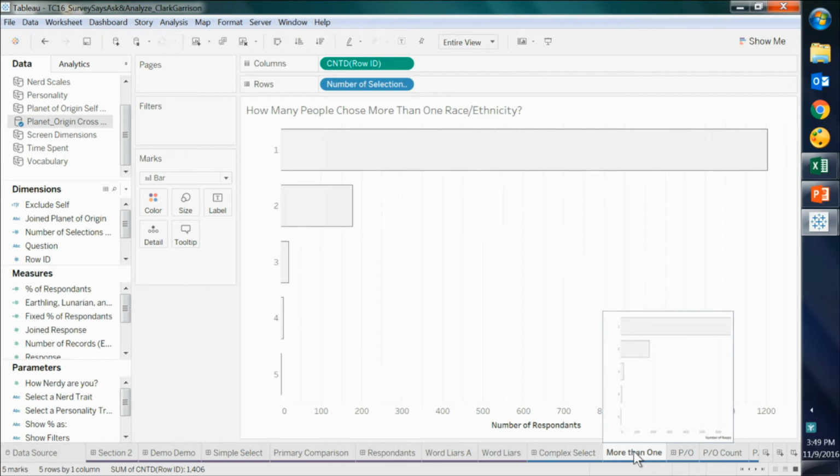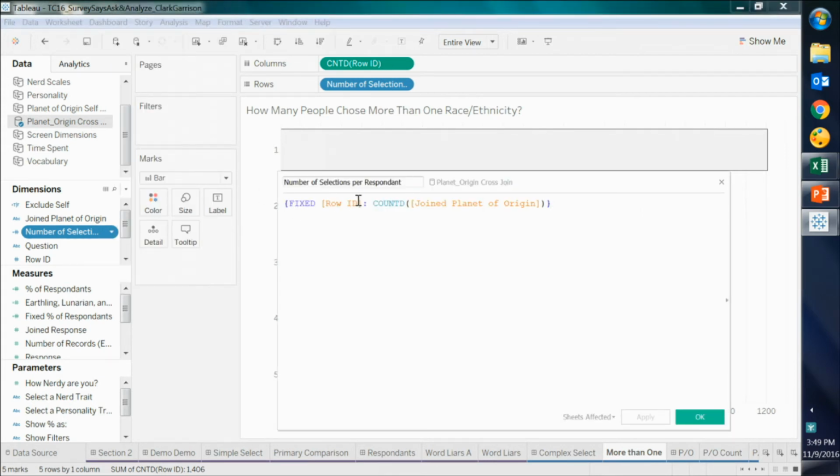Okay? That's actually fairly easy to find in Tableau because when we rotate that data, when we make it long rather than wide, I can now see that anyone who made 2 selections on that multi-select now has 2 rows of data. So we can just count how many rows they have. We do that using a level of detail calculation that allows us to lock by each individual. There we go. So for each individual row, count how many different planet of origins we have selected. So by building that fixed calculation, we're able to go in and at least narrow it down to that level,